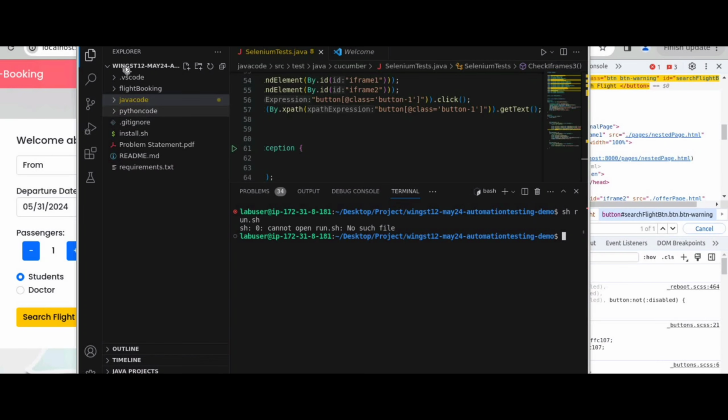So just see this one. We are outside. We are inside this project. See, this is the down arrow, which means we are inside this project, so the project name you can see populating here. You can see there is only install.sh, no run.sh. So if I write sh